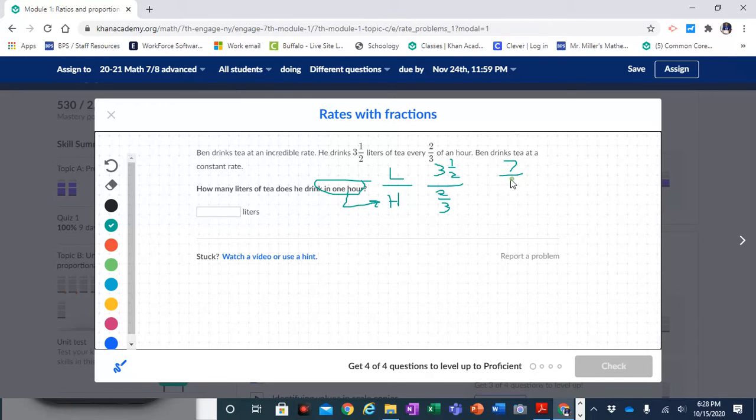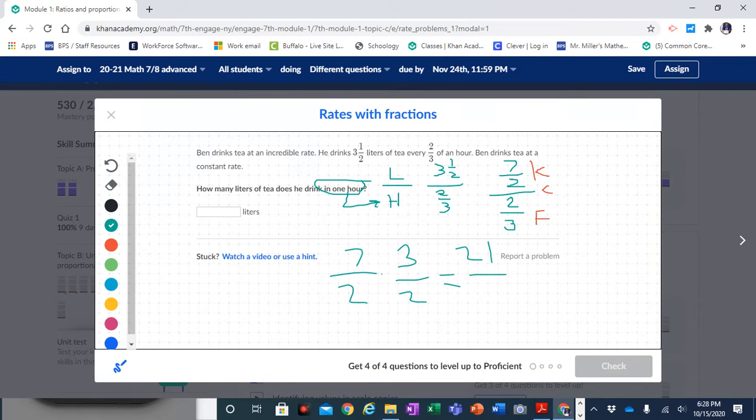So that's now 7/2 divided by 2/3. And then remember that you need to do keep, change, flip. So when you do that, that now becomes 7/2 times 3/2,